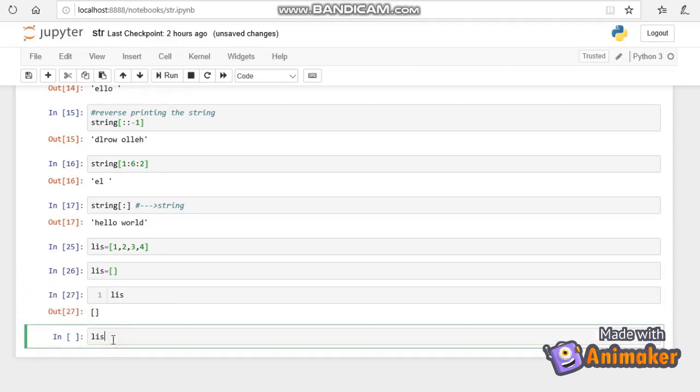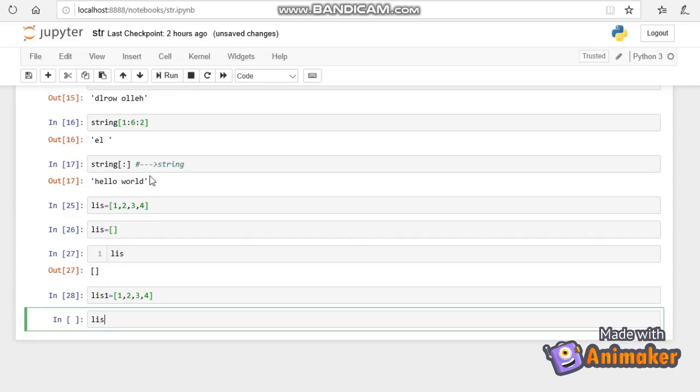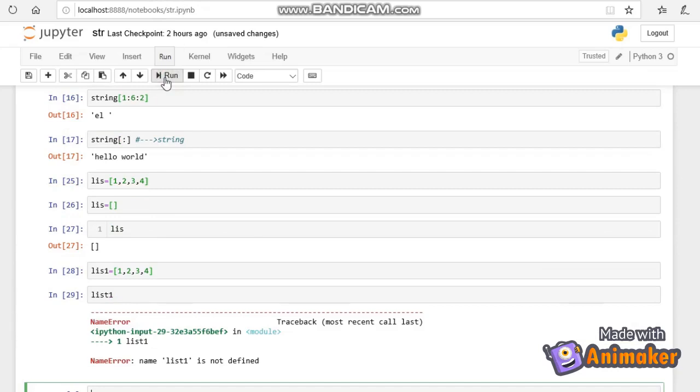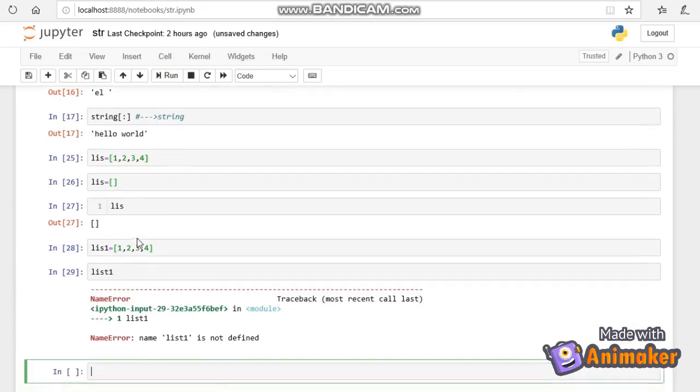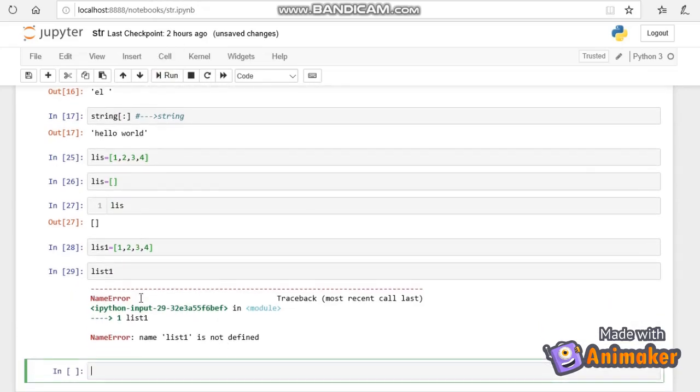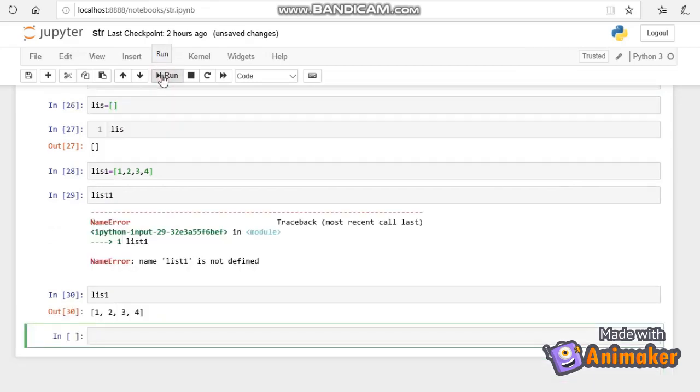So list 1 equal to 1, 2, 3, 4. And if we put list 1, the numbers will be printed.